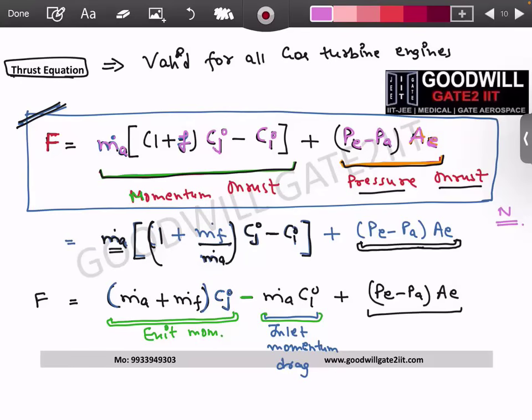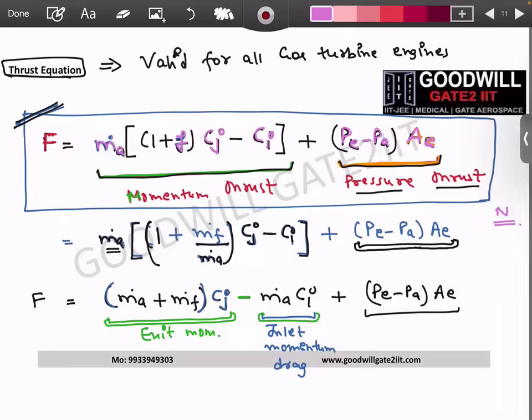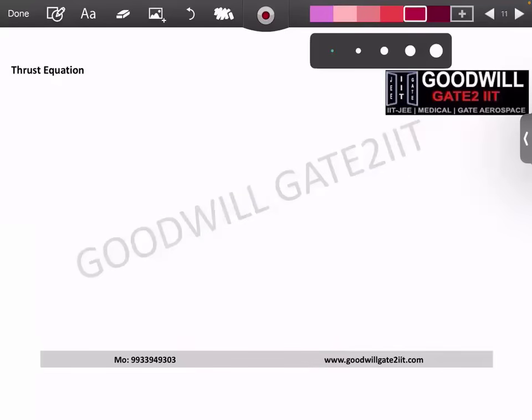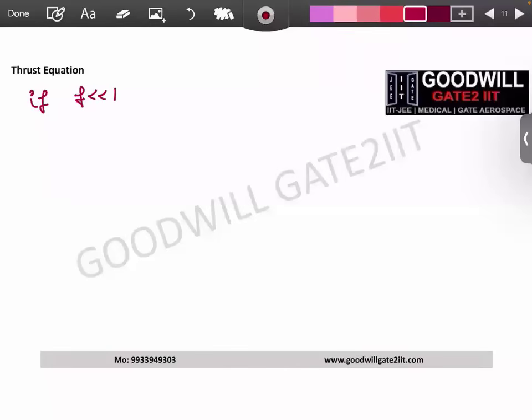Now, this is, I told you, without any assumptions. So, whatever you feel, any numerical, the worst case, this is how the thrust is calculated. But in your GATE numericals, they will try to update these things. As per the numerical, we have to pick our equation. Now, the next assumption they typically say in your exams: if fuel air ratio is very much less than 1. Now, what do you mean by this? They will use the word